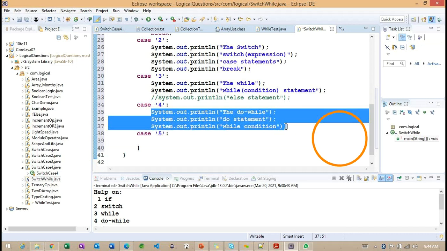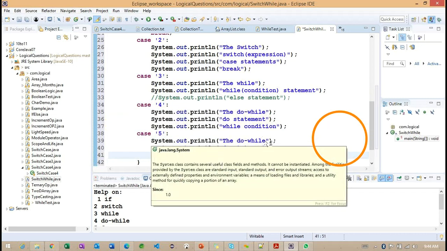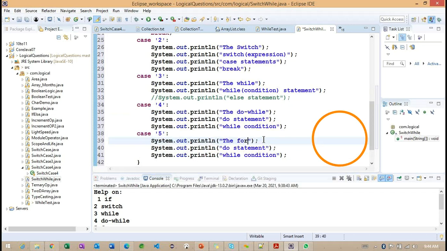The last one is called for loop. Something called initialization, condition, and iteration, and later statements.